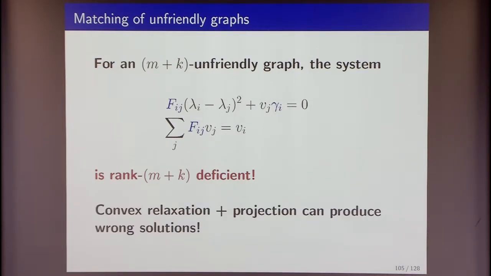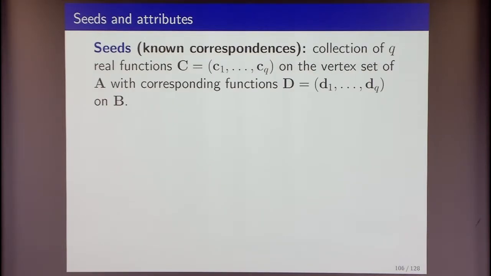So let's try to add some side information. This is, again, something that is very frequently done in these practical graph matching problems. One of the ways is to add seeds, and seeds are known correspondences between graphs. For example, if I have one graph and another graph, I can say that this vertex is known to